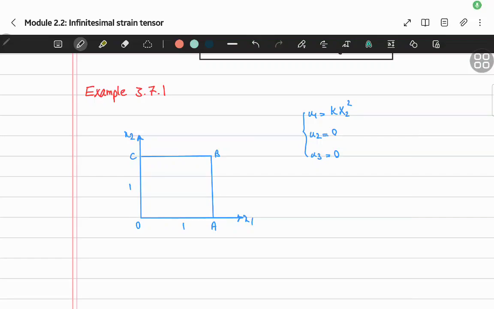This is a correction video for my previous solution to example 3.7.1. So here we have basically a square with a length of 1 in the reference configuration OABC that undergoes a displacement field as shown here, u1 equal to kx2 squared, u2 and u3 are 0. So in the first section, we're supposed to find the